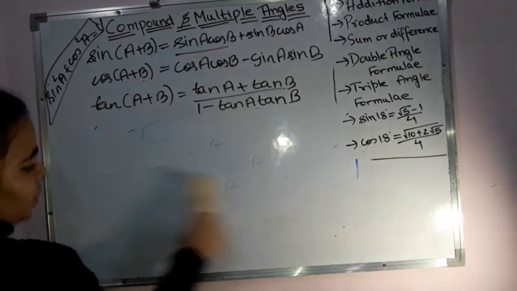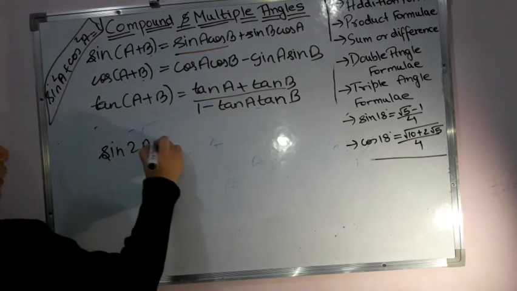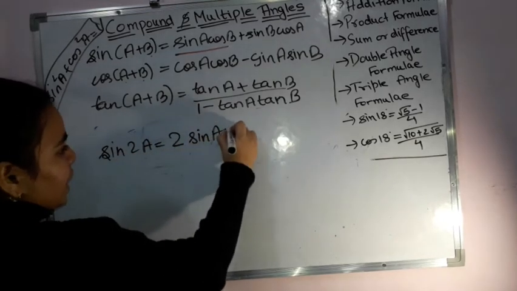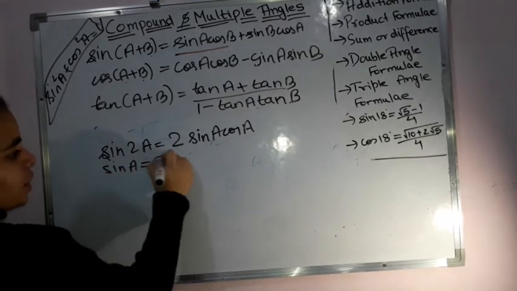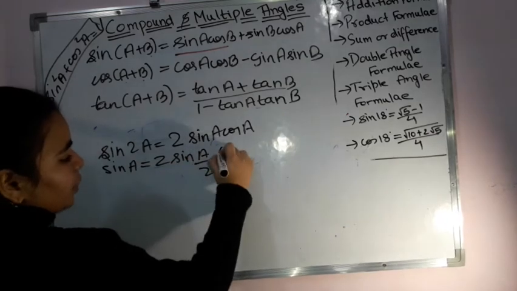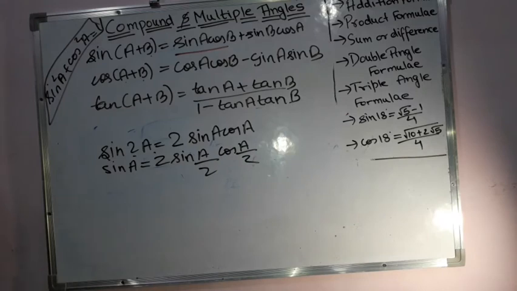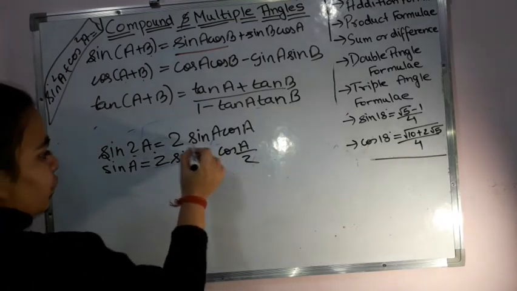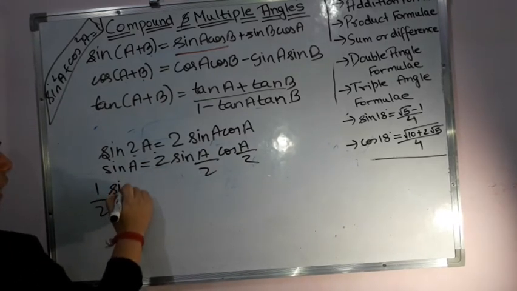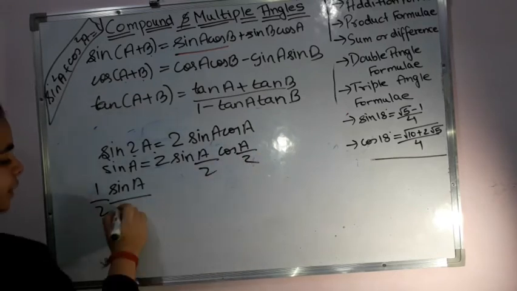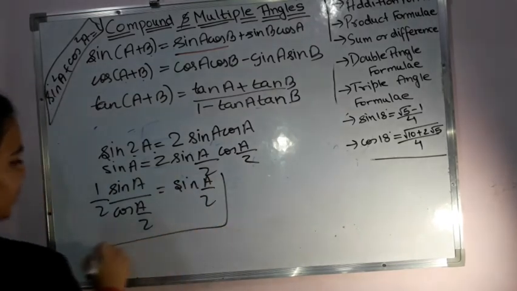Half angle formulas we are seeing, although there is just no need of doing them. So if I have sin of 2A, that is equal to what? 2 times sin A cos A, right, we have just seen. That means if I have sin A, I can write it as 2 times sin A by 2 and cos A by 2, because from here I can see that they are getting halved. Now, to get the value for sin A by 2, I can write 1 by 2 sin A upon cos A by 2, and that is equal to sin A by 2. Generally this is not asked,